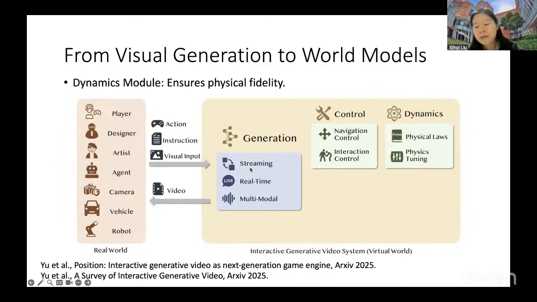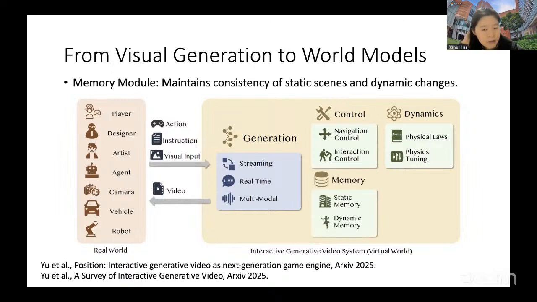The second part is about physical laws. The real world is natively very dynamic, and we need to model the real dynamics in world models. So this requires the model to observe the physical laws in the real world. The third part is memory, because in order to make the user interact with the world model for a long time, for example, if the user is playing a video game, he or she may interact with the game for hours.